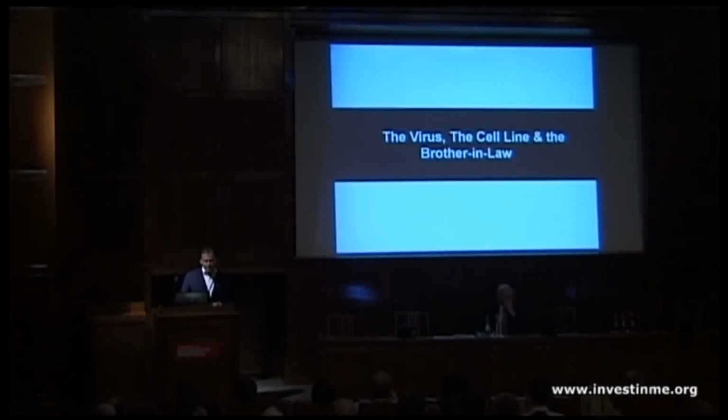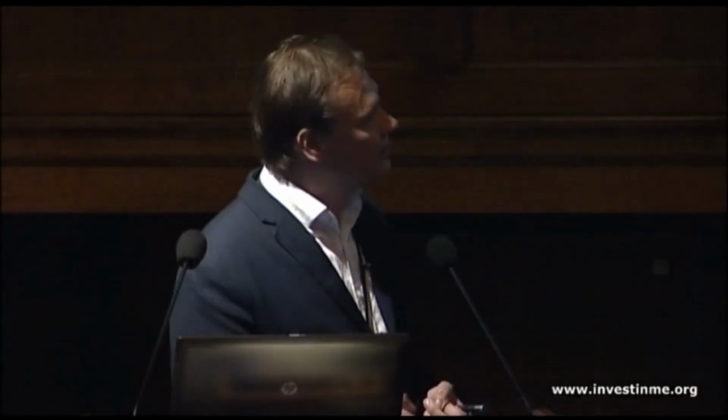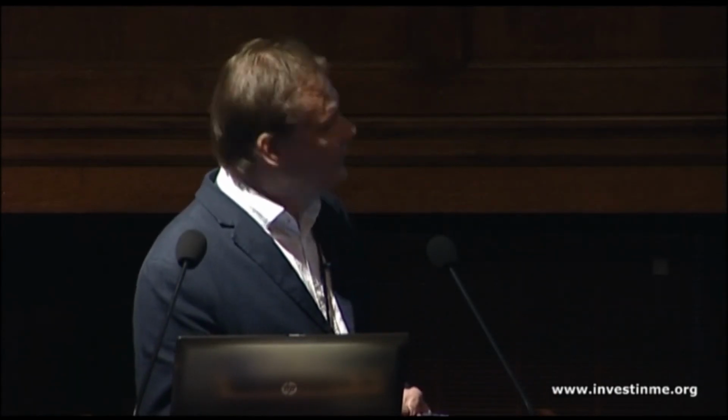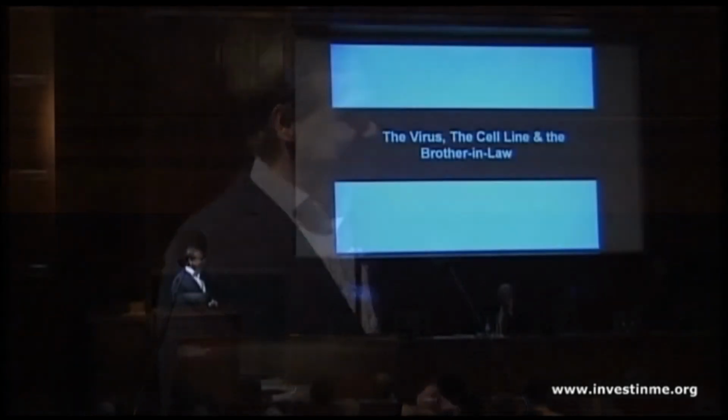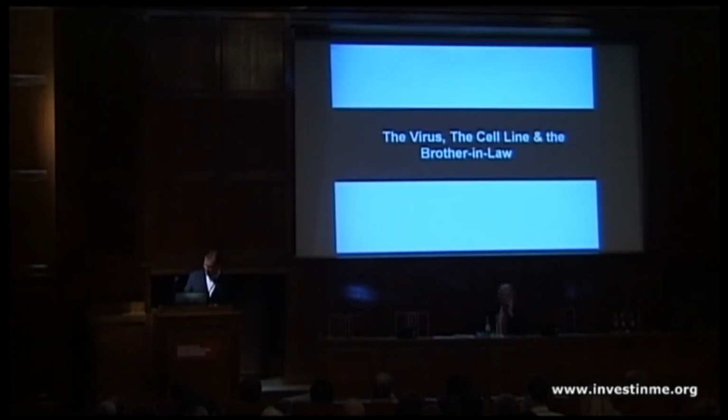What we really wanted to do was to find out whether the tumor that gave rise to the 22RV1 cell line had the virus in it before it went into the mouse. In order to do that, you'd obviously have to have a sample from the tumor before it went into the mouse. We made some calls to Cleveland where these experiments were done, and we didn't get anywhere. But it turns out that a friend of ours, Vinny Pathak, who's an investigator at the National Cancer Institute in the United States, had a brother-in-law who happened to know somebody who worked in the lab where those experiments were done. So Vinny got his brother-in-law to call up his mates and send him the samples that we all wanted.